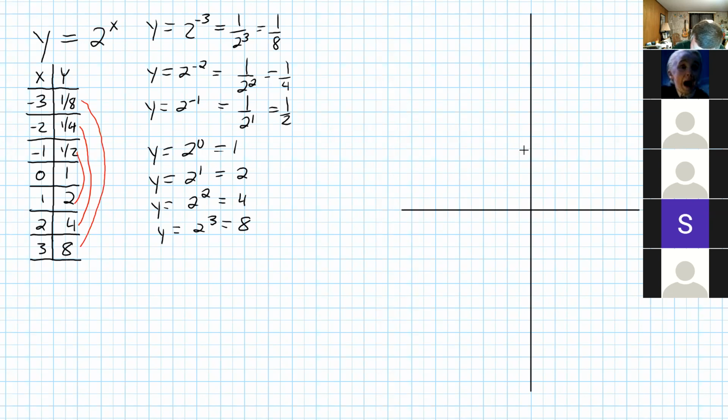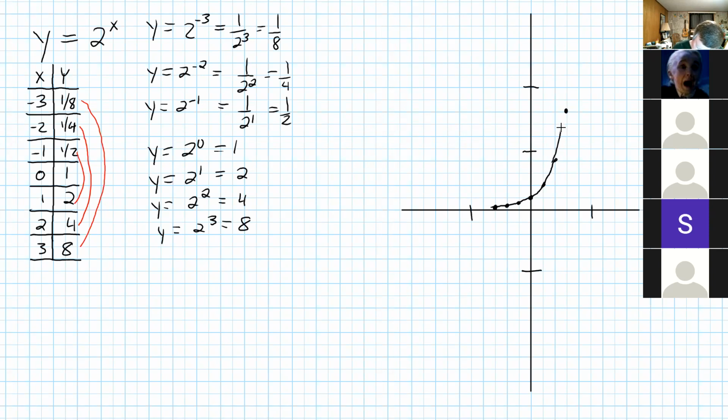And put in some scale markings here. If x is -3, y is 1/8. So that's right about there. When x is -2, y is 1/4. So it moves up a little bit. At -1, we're finally up to 1/2. And then at x is 0, y is 1. X is 1, y is 2. X is 2, y is 4. X is 3, y is 8. So we get